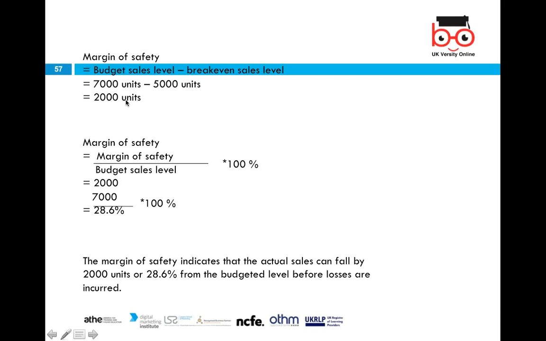That means the margin of safety indicates that the actual sales can fall by 2,000 units or 28.6%. Budgeted sales level is 7,000 units, and the margin of safety is 2,000 units. That comes to 28.6% from the budgeted level before losses are incurred. So that's the most important thing when a